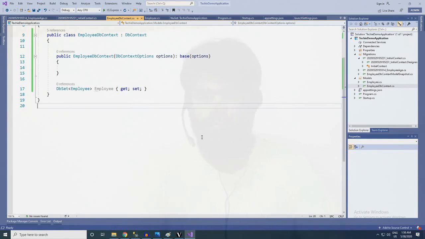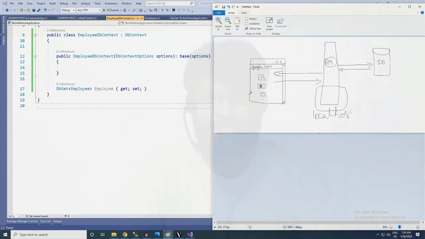So for now, we have completed 50% of our work. How I am saying 50% is using this pictorial, we are able to access our database using the application we created. So the API can create or update a database. So what we need to do now is create this part. Whatever the end user is giving, we need to get that, and we need to process it or send the data to the database. We need to create that part.